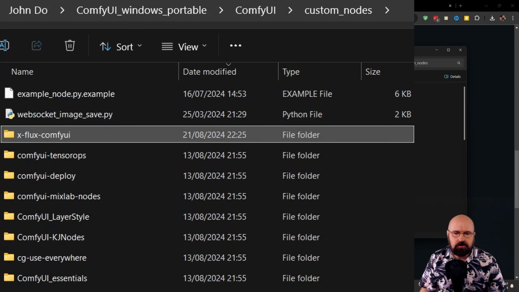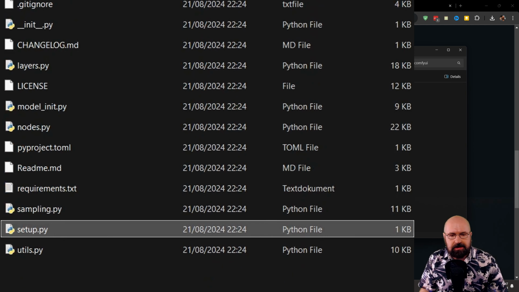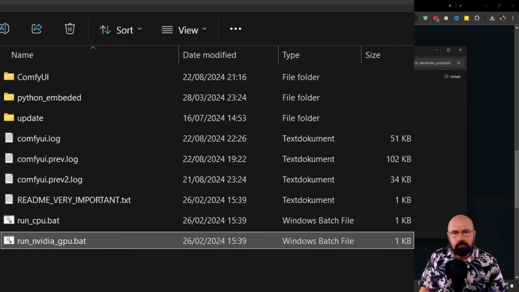After you've done that, you will find inside of your custom nodes folder a Flux ComfyUI folder. Open that up. In this folder, you're going to find the setup.py file. Double click that to run it, and this will download some additional files for you. Once you've done this, go to your ComfyUI folder and run ComfyUI once. It goes through setting up all the files and folders for you,